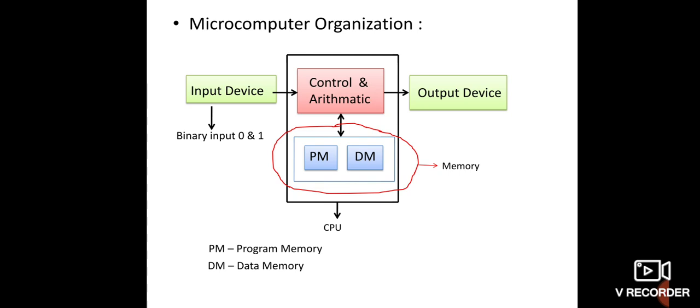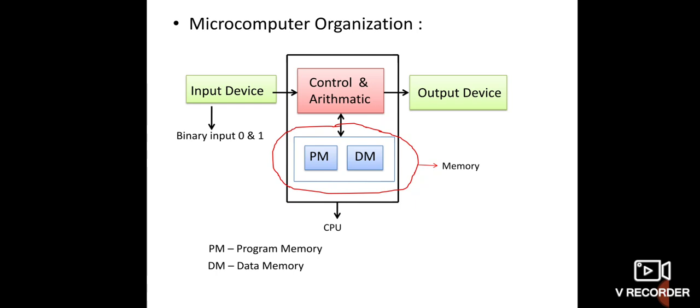After feeding a set of instructions into the memory, the instructions are read from program memory and the work is performed in the control and arithmetic unit. Then after performing all execution, the result is transferred to the output device. The basic difference between microprocessor and microcomputer is that a microcomputer is a small size computer, while microprocessor is one of the blocks required in a microcomputer system. Understand, students?